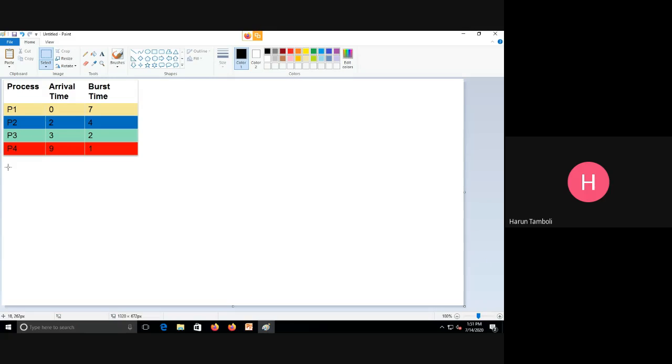Now first draw the Gantt chart. That is simple. Now to draw this Gantt chart,